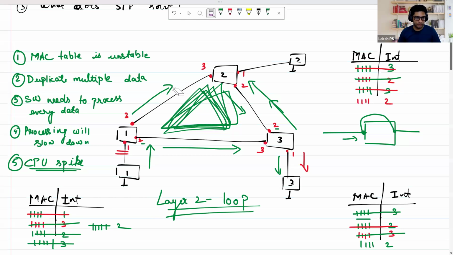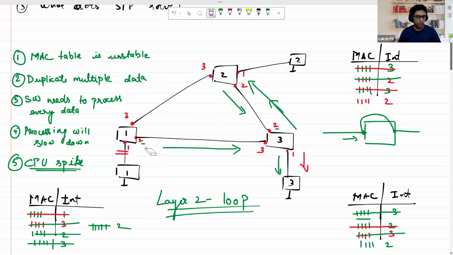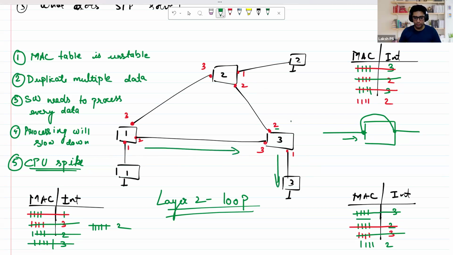Now you may ask, why doesn't the data reach? When PC number 3 responds, it should reach PC number 1, right? This data is broadcasted. When PC number 3 responds, it will be sent again to PC number 1. It should reach PC number 1, right? It should not be looping around. But it will loop around. The reason is,